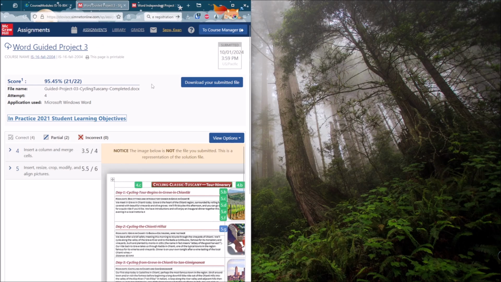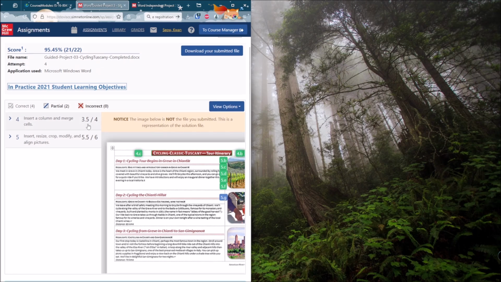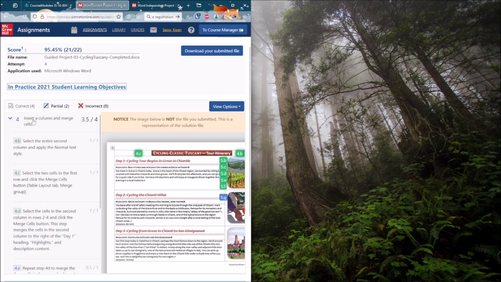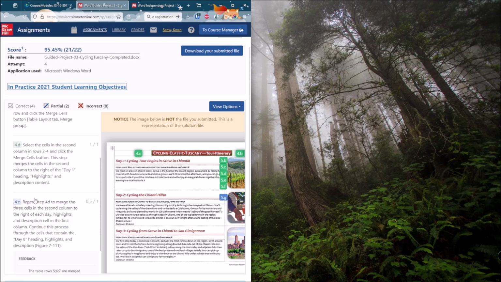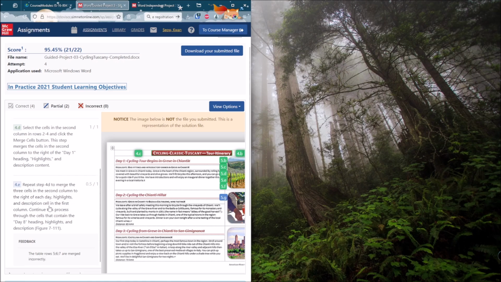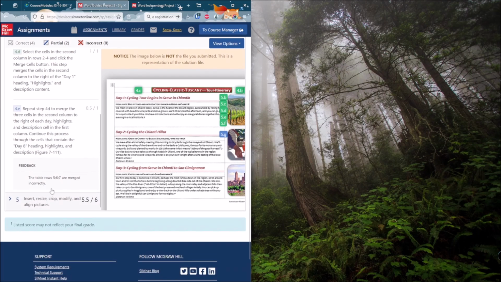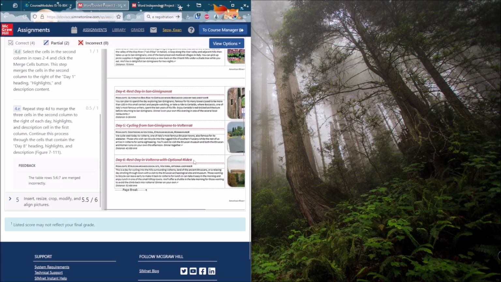It's grading. Yeah, so I got 95. I'm happy with it. It's an A. They docked me 0.5 of a point for step 4 and 0.5 of a point for step 5. If I look at it, it's just a blue error. If it's a red error, those are what I would think is fixable. When it's a blue error and the feedback says rows 5, 6, and 7 were merging correctly, like right here,